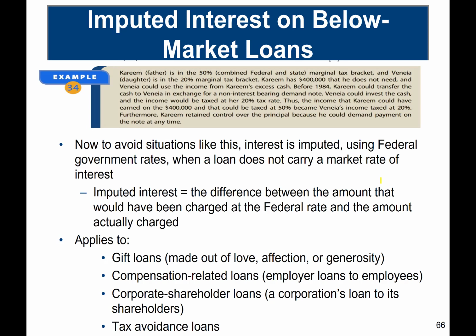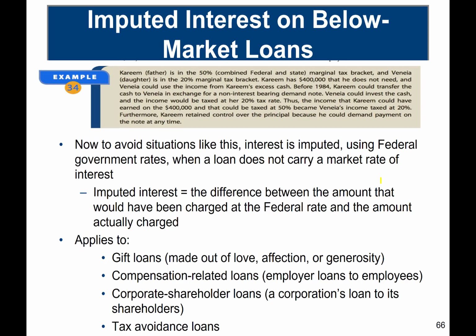Okay? Now, the common pitfall to think about here is that you keep thinking that the person who gets the interest is the one who pays the tax. It is not that person. It is the one who lent the money, supposedly, and let the other individual collect the interest on that. That is the person who has to pay the tax.